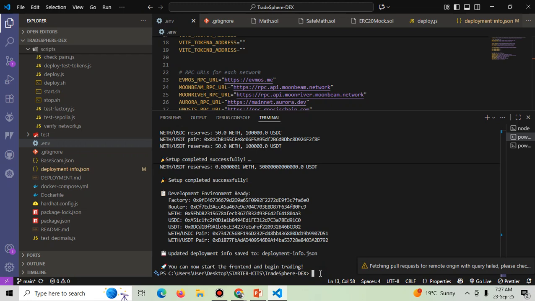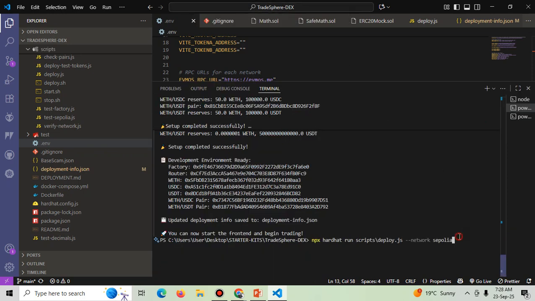Since we have all that set, we can run npx hardhat run scripts/deploy.js --network sepolia. So we can run this,